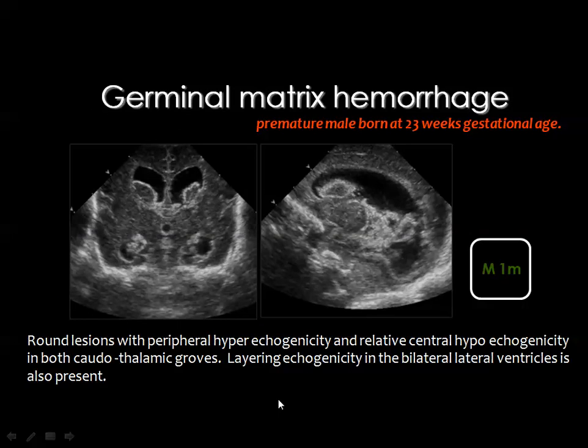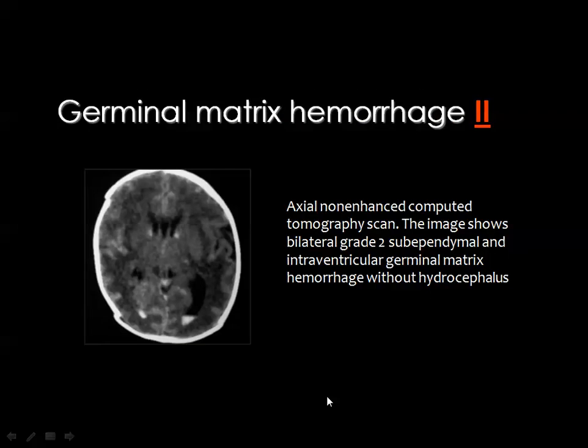Then this is an ultrasound. This is coronal and sagittal ultrasound or transcranial ultrasound showing the echogenic hemorrhage in the region of the caudate nucleus, and also can be appreciated in the sagittal image. This is a CT scan without contrast showing there is germinal matrix hemorrhage in the region